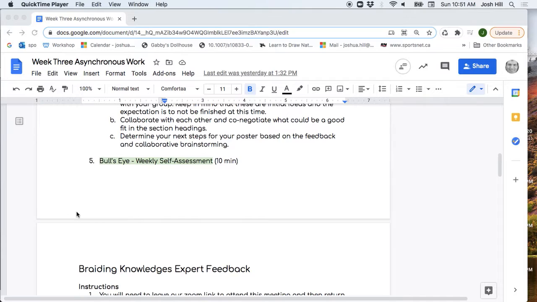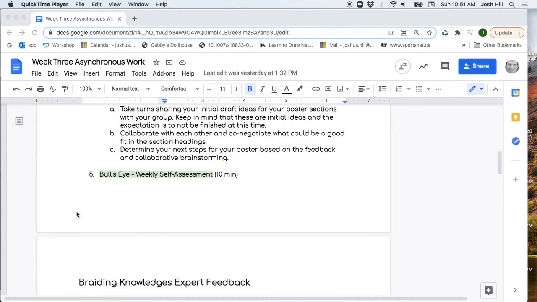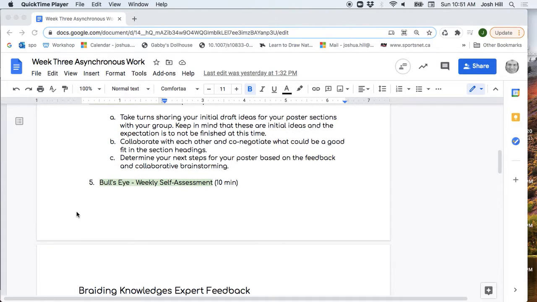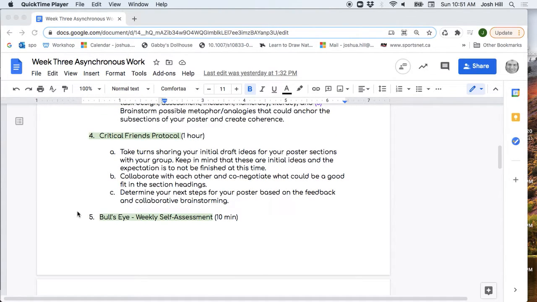Lastly, we want you to spend some time with your bullseye target as you have in the past, and do a weekly self-assessment with evidence, thinking about how you gave feedback, how you listened to Donna, and all these elements of today's session, as well as since you last filled this in, the work that you've done in class, like in face-to-face class, can also be taken into consideration when you do the self-assessment.